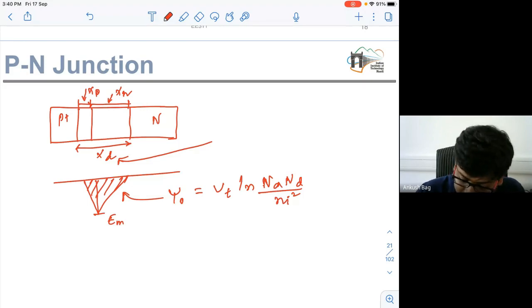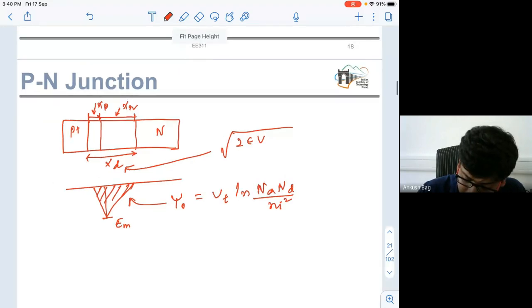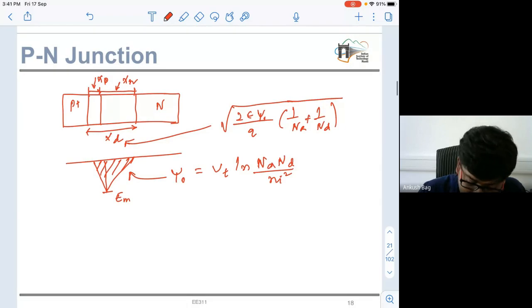So from here we can calculate the xd, or the total depletion region, which is equal to 2 psi naught psi p divided by, sorry, so this one we calculated, and then this EM we can find out just simply from that simple equation, which is equals to, this is minus EM, so it will be equals to minus 2 psi naught divided by xt,